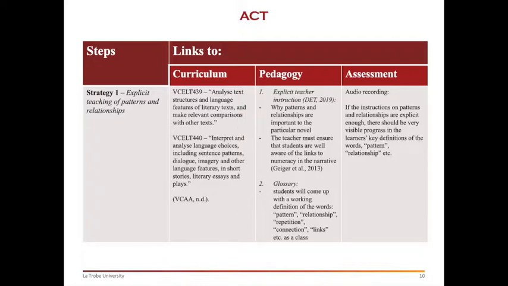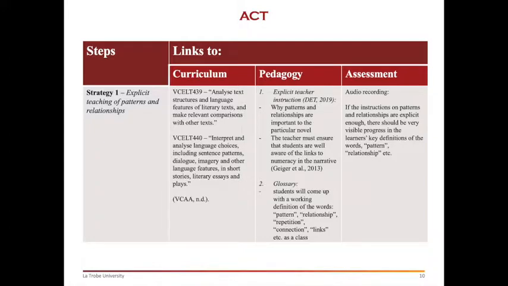They can then engage in a think, pair, share, where they turn to the person next to them and explain their definition and give a suggestion on how the other student can improve theirs, and so on. So this is very similar to what the teacher did in Geiger's study, who also defined the key numeracy related words on the board. The way I will assess my impact is through audio recording of the entire lesson, where